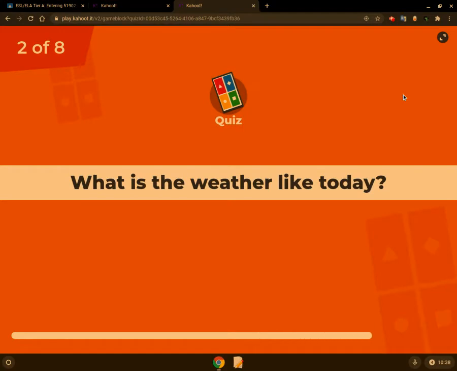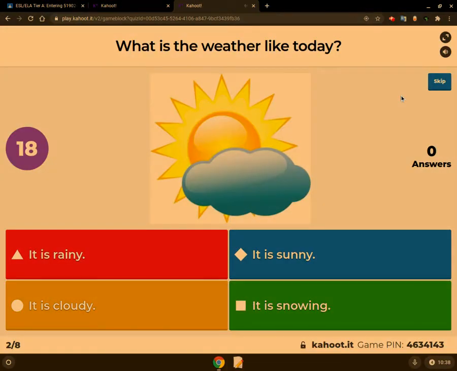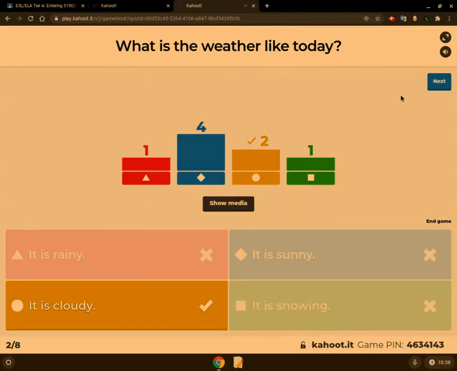What is the weather like today? So cloudy.